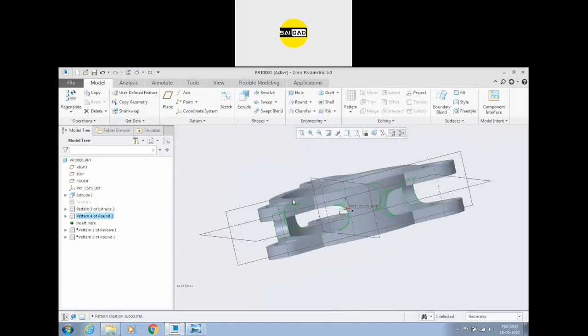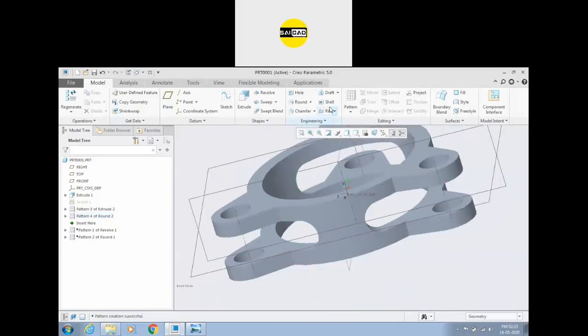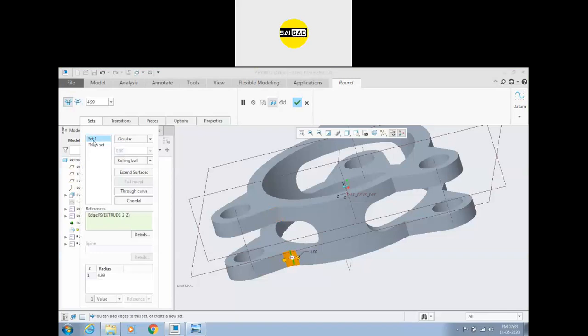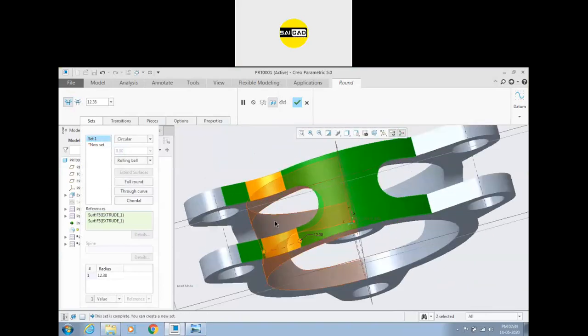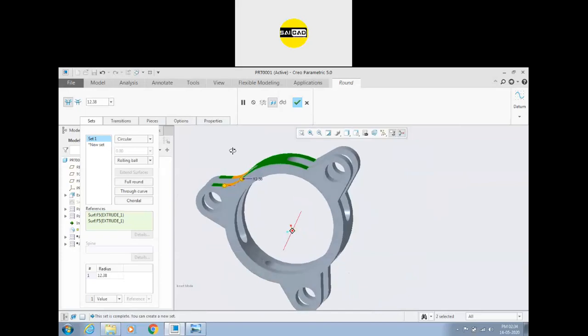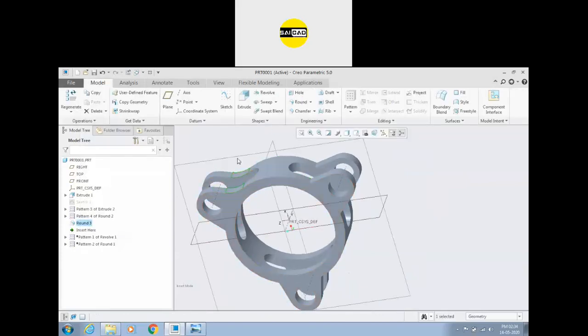Okay, you cannot apply the round like I have a round here. Okay, I can select the edges, or I can select the faces also. Simply select the face, then press the control and select the face again. Now you can see both the faces will get the round. Okay, because this is a continuous face, so it will select this face also. So like this you can create a round.